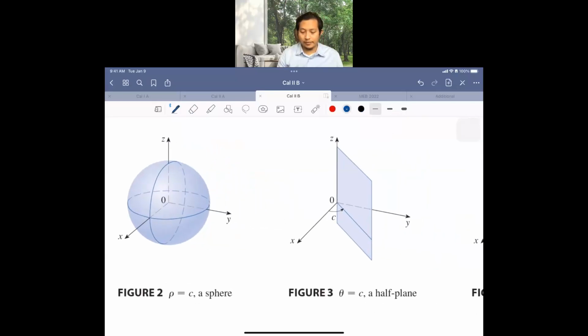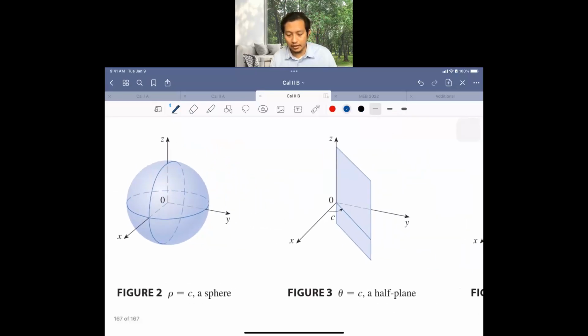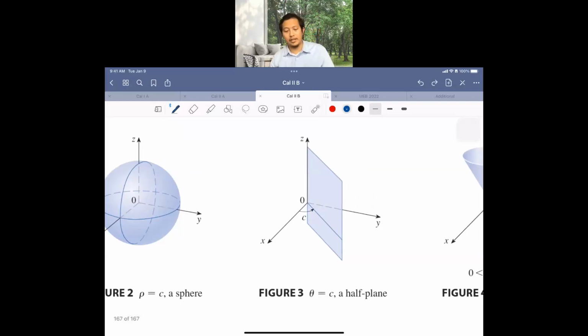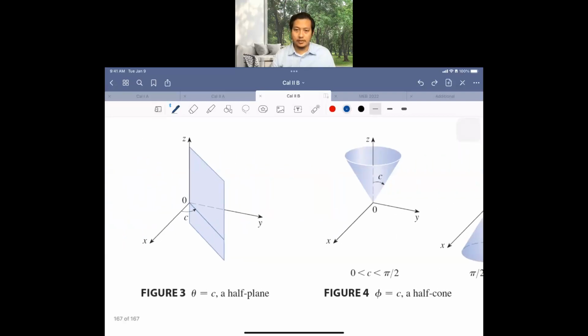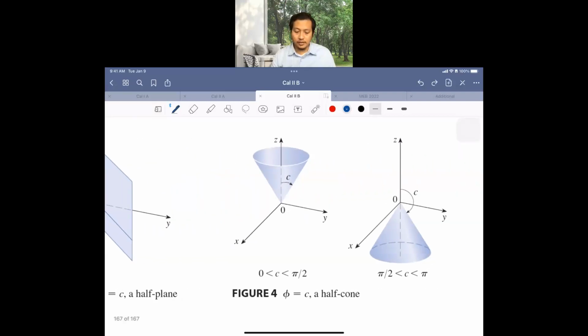And now if the angle in the xy plane here, the theta, is a constant, we'll have a half plane, right? And then if you have psi as a constant,